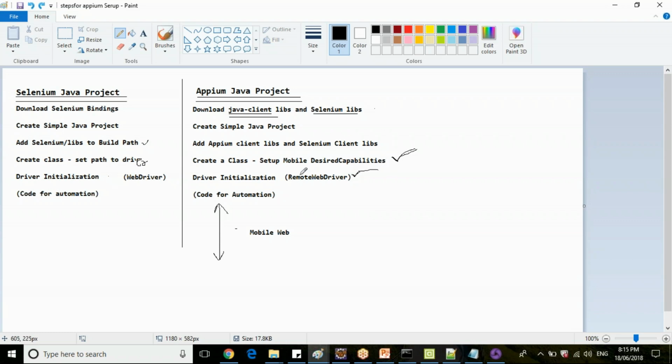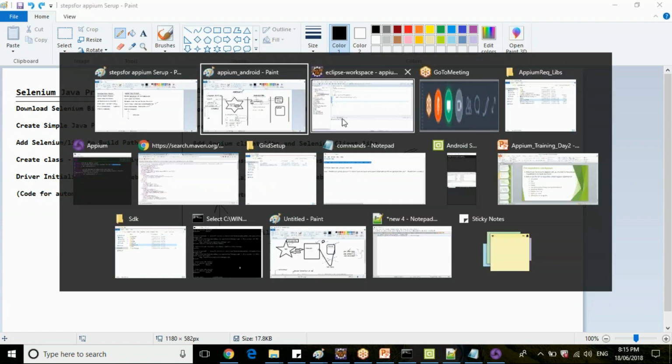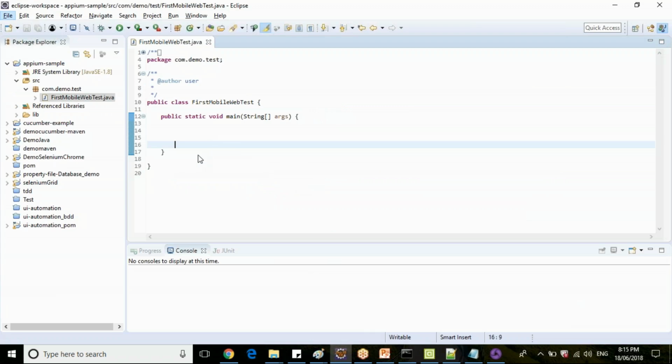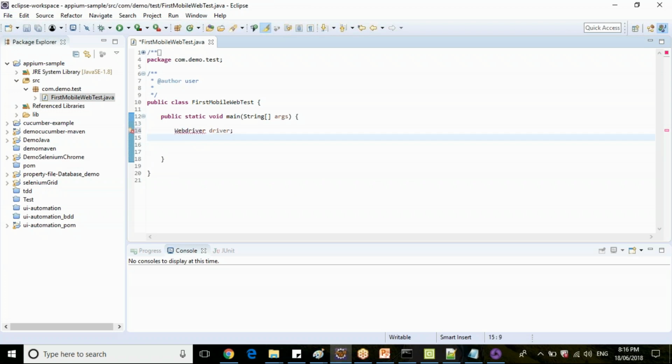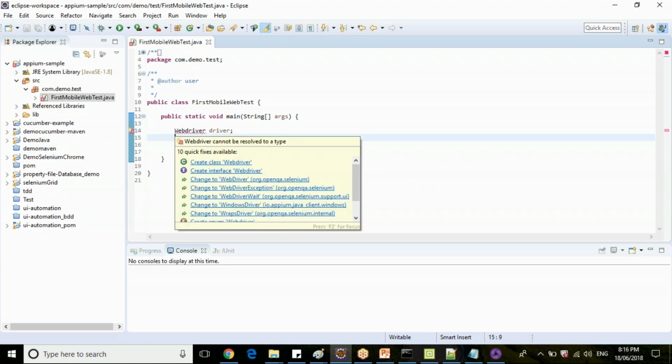Okay. Even in this laptop, I am setting it for the first time, guys, so that if I have any common issues, I can show you here. This will help you to set up in your machines easily. Now declare your WebDriver here. Just import this WebDriver from Selenium class.